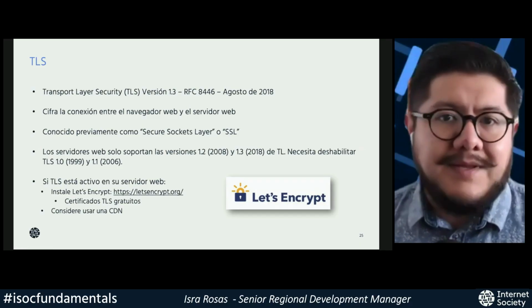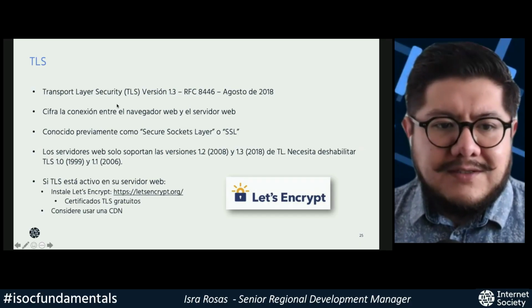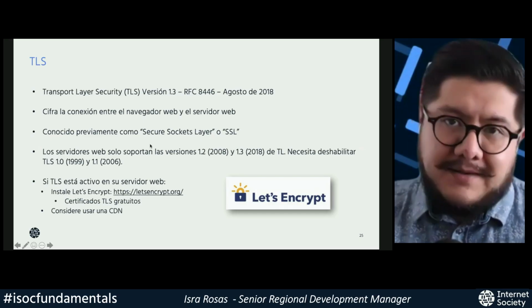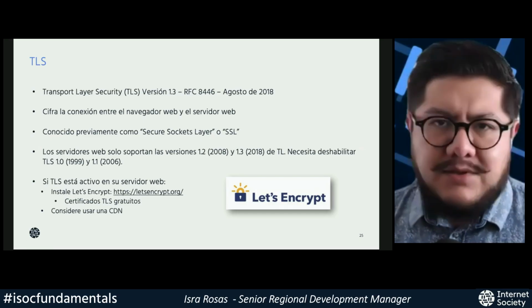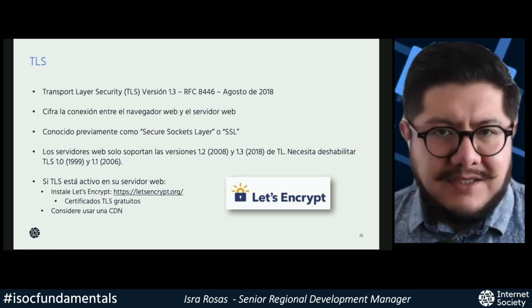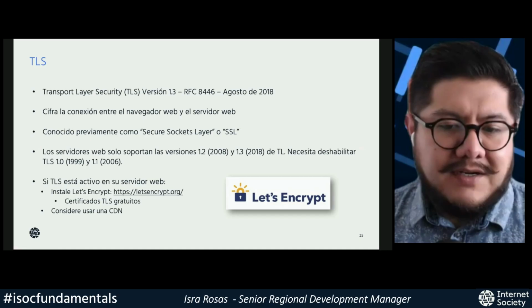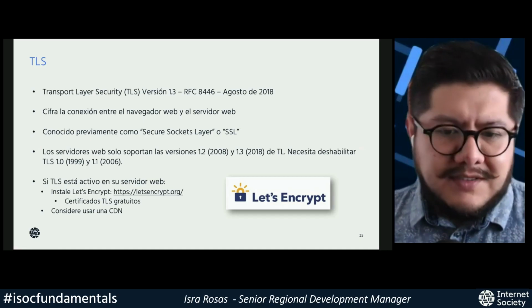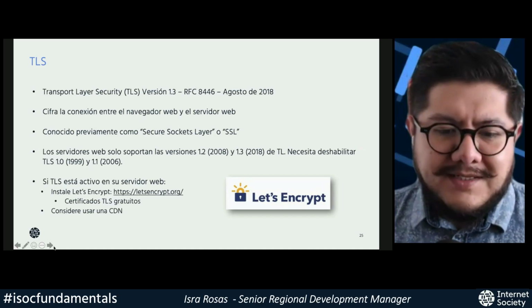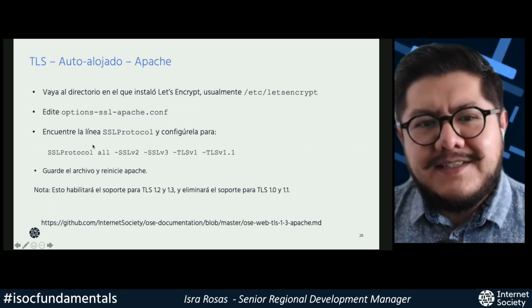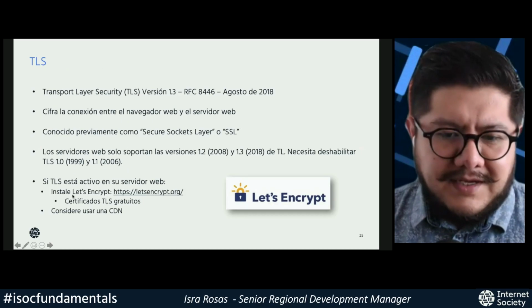We do understand that a lot of the times the cost of adopting some of these services might be problematic. So this is a good alternative. I am now actually working with my own website in order to install Let's Encrypt certificates because they're very reliable. So that's an option for you if you don't want to use a CDN.